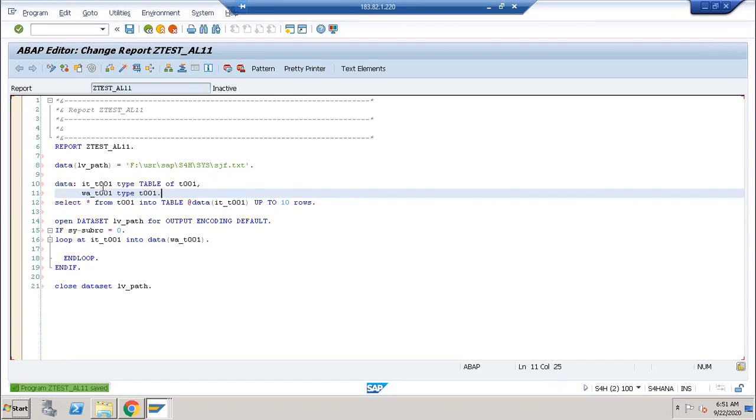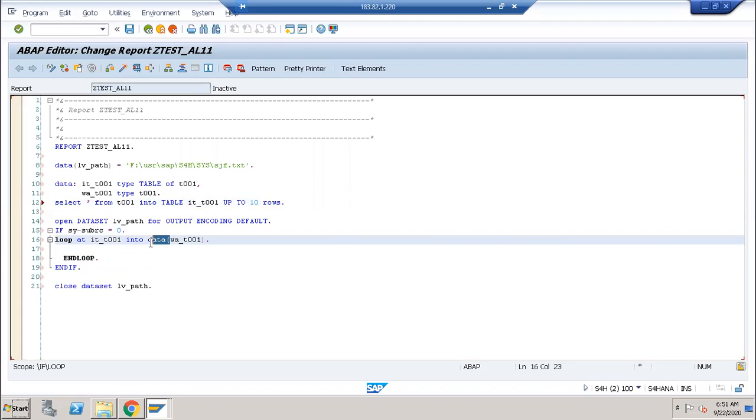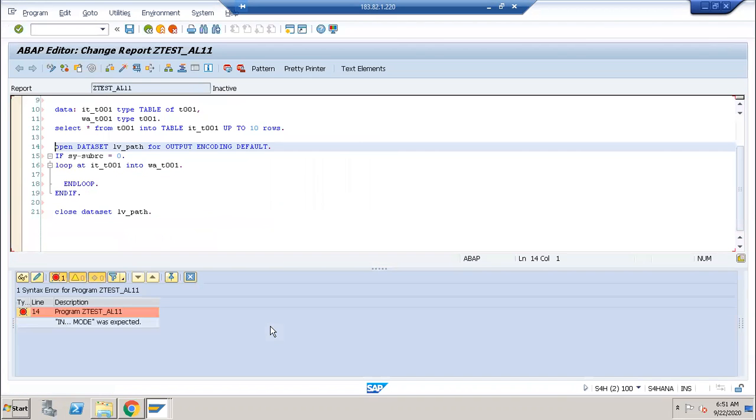I am declaring the internal table and work area here, and I will remove the inline declaration concept. This is the old method I am writing here, and here also I am removing data because I already declared the work area. Inline declarations are not required now. So I am declaring like this. Now save it, check it. Is there any problem?